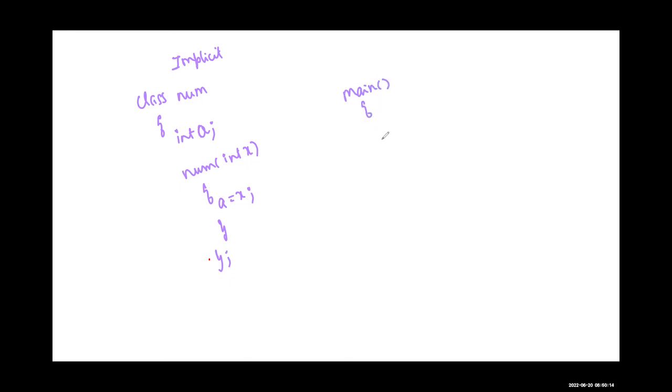So what is happening in the implicit call? I have my class. For example, let me take the same class, which is Num, and then I have a value int a, and then I have a parameterized constructor which takes int x, suppose, and I say a is equal to x. Okay, let me end the class here. In the main, explicit call,